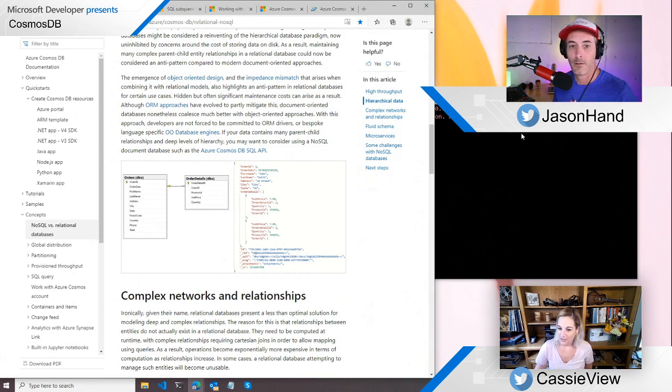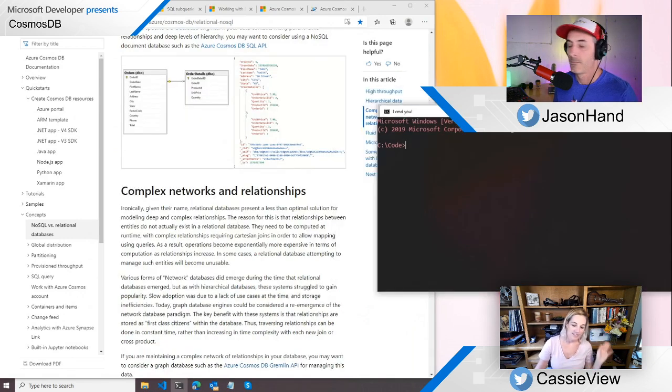Okay, so let's look through here. That's kind of the one thing: throw out the tables and the data types and all of that. Just throw it all out of your mind.